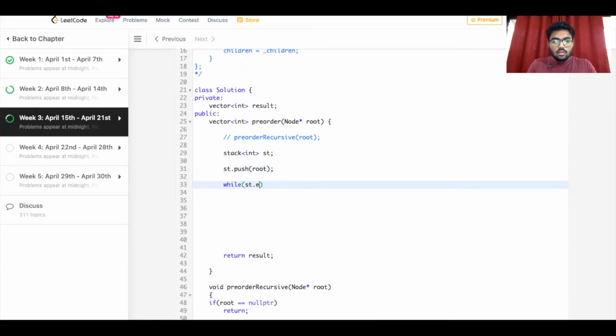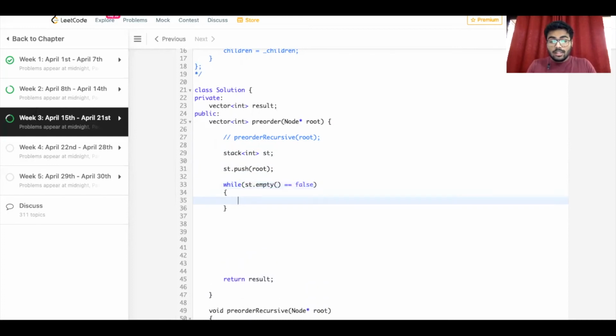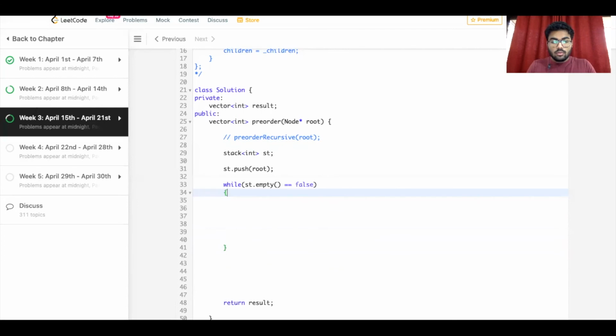st dot empty is equal to false. So till the time the stack is not empty, first we create a node called node, and it should be equal to the top element which is on the stack.